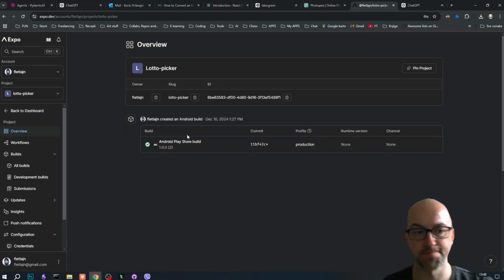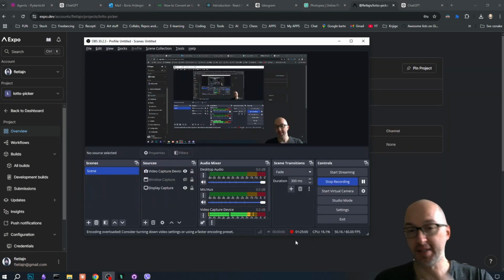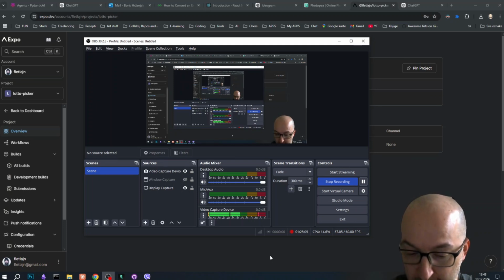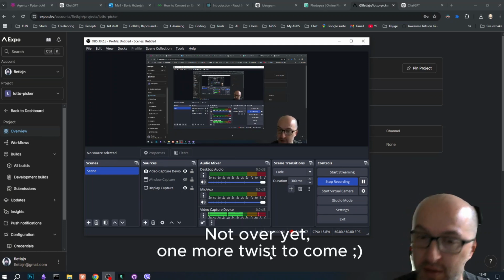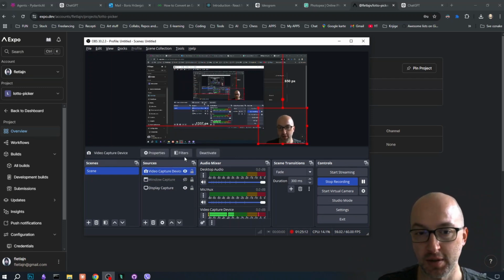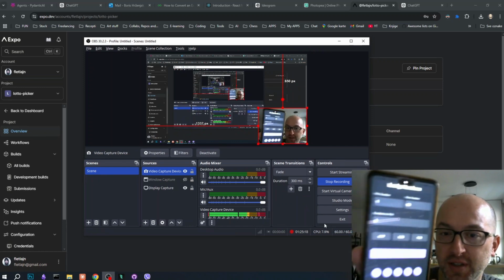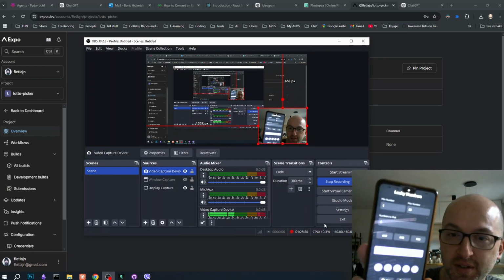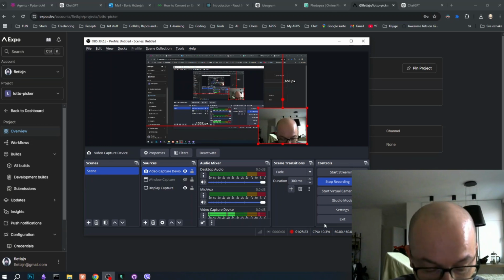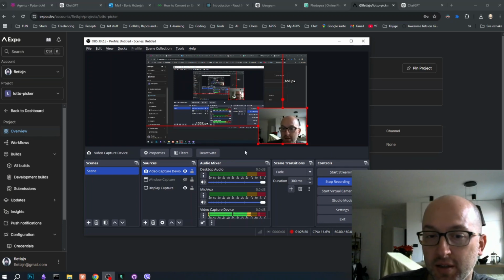Okay, so I'm gonna have to stop here. The app works actually. We already tried it. It works fine. So yeah, you can see it right now. Let me remove the filter. So the app works on my phone. It's just a bit harder than I thought to get to an APK. Anyway,